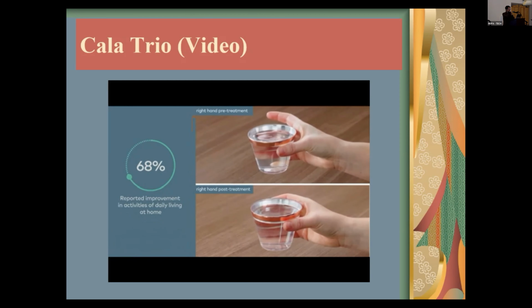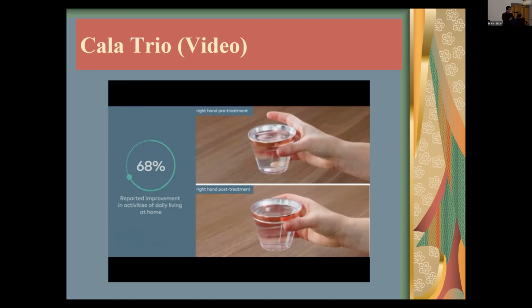Okay, so the median and radial nerves go through your wrist over here. And there's a third nerve called the ulnar nerve. So there are three nerves that innervate your hand: the median, radial, and the ulnar nerve. So this stimulates two of those nerves, the median and the radial nerve. And then this impulse is transmitted to the part of the brain called the thalamus, which controls tremors. In fact, if you have deep brain stimulation or are considering deep brain stimulation for essential tremor, the target in the brain is the thalamus, the VIM nucleus of the thalamus. So as it gets transmitted to the thalamus, it calms down your tremor